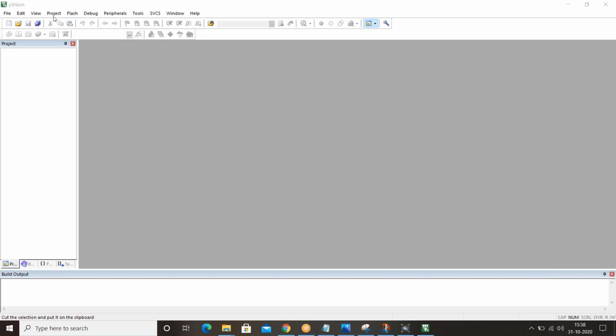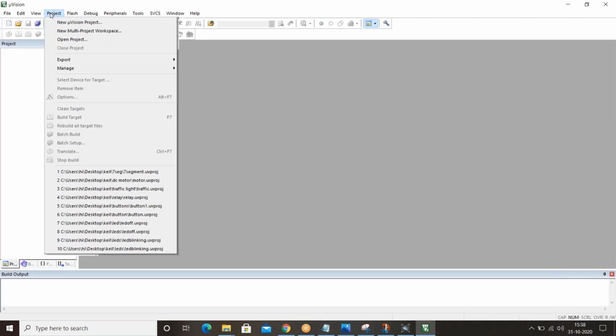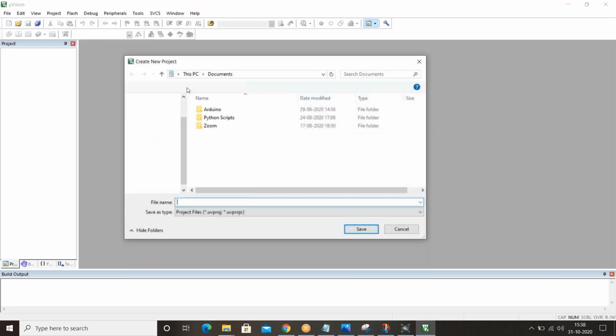Click on project and follow the instructions, or write them down, because we will do this every time: Project, New uVision Project, then save the file.